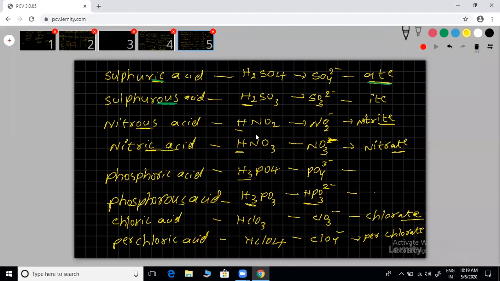If you remove 1 hydrogen, you will get 1 minus extra, so plus and minus are going to be cancelled. Simple thing. If I remove 1 plus, here we will get 1 minus. If I remove 2 pluses, H2, then we will get 2 minus. That's simple logic. Clear? I think we're done with this.